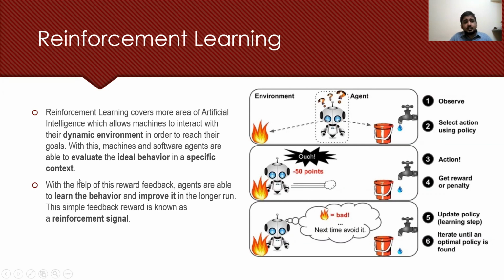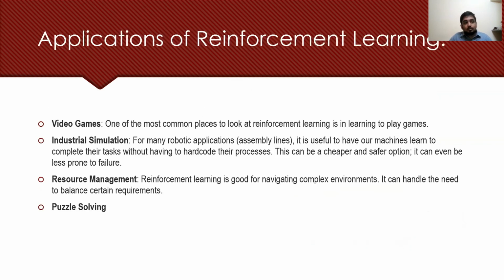So this type of machine learning generally uses reward feedback systems to learn behavior or improve it. An example is the dog: you whistle and the dog comes to eat, and this process continues, and whenever you whistle, the dog always comes. Some applications of reinforcement learning are video game completion. We have already seen some, like Mario or the dinosaur game in the browser. People used reinforcement learning to complete these levels, and it's very useful.